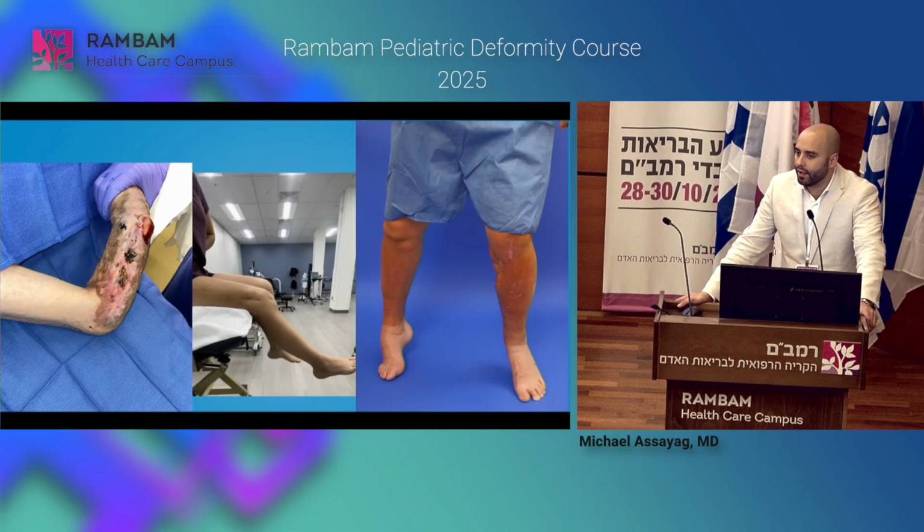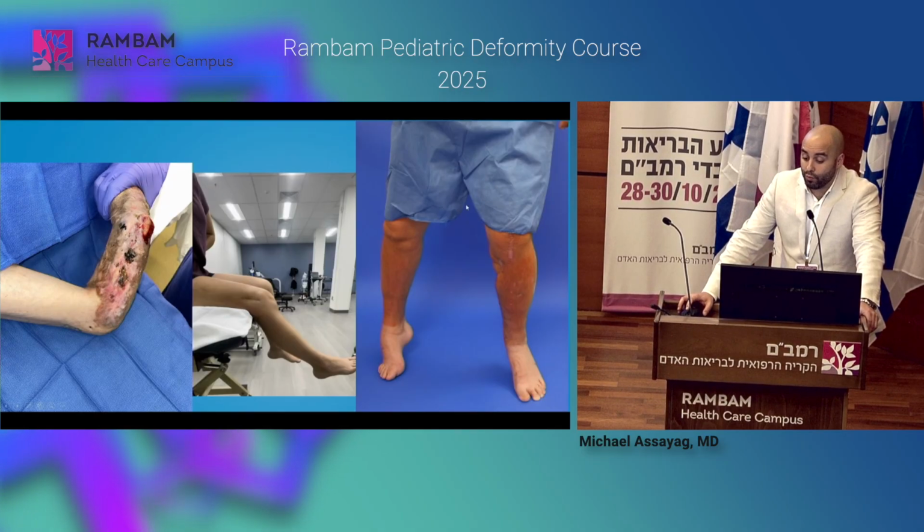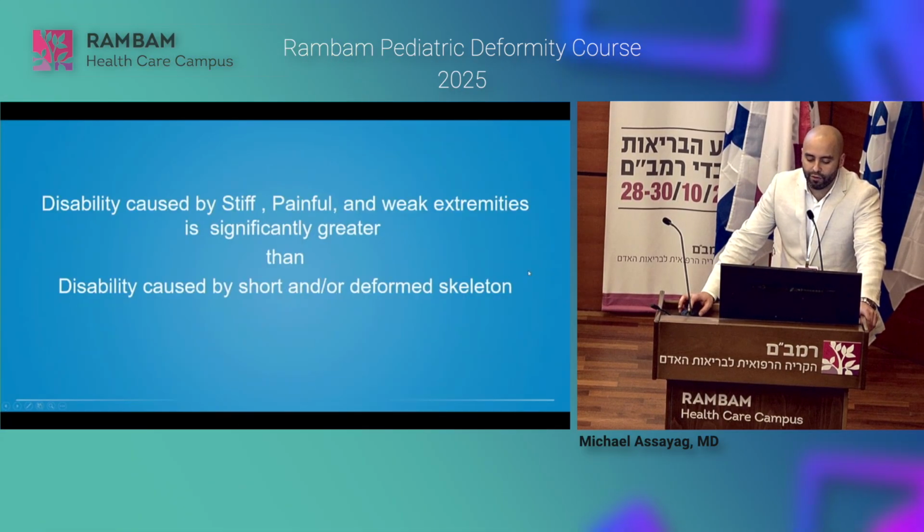So, in a nutshell, joint contractures can occur from a lot of different conditions, from prolonged immobilization, nerve injury, ICU stays. It can be caused by burns. It can be caused by trauma. They can be iatrogenic. So there's a wide array of reasons why people would be stiff. Here's a few in front of you.